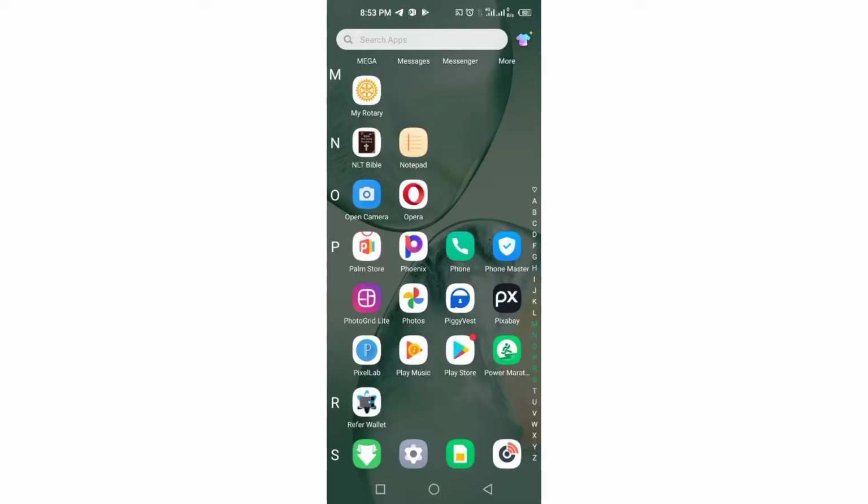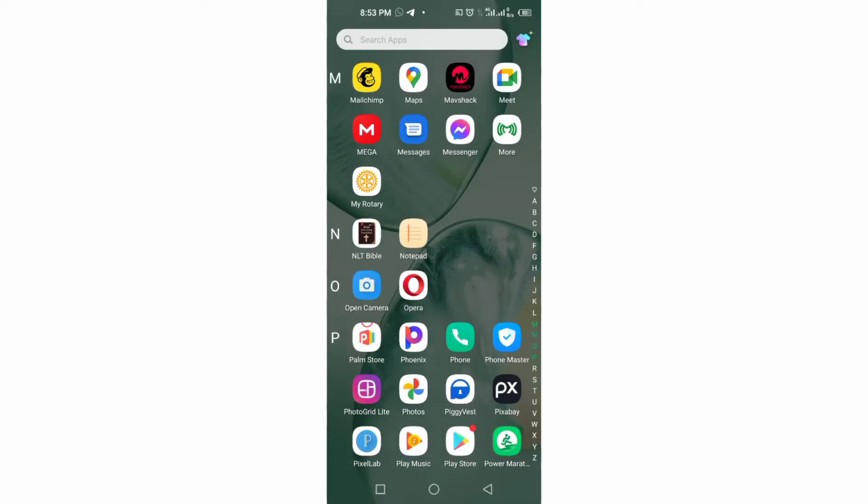I'll be teaching you about how to save using the Piggyvest app. How you can actually save your money, withdraw your money, whether you want to keep a bulk amount of money somewhere that you don't want to use and you don't trust the banks, maybe because they are deducting charges here and there, and before you know it, the money is not the actual sum you kept in the account, or